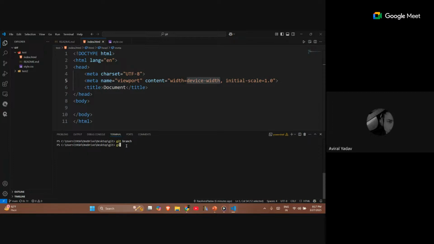Let's say I want to create a new branch within it. Just before that, let me get to the repository, cd test. Now let's use git branch. Now it's showing. As you can see, there is only a single branch available to us, which is the main branch.